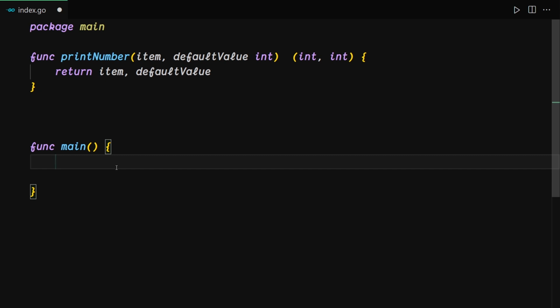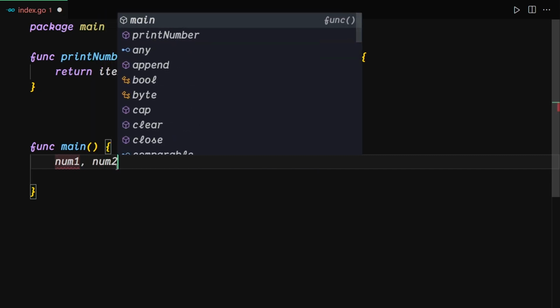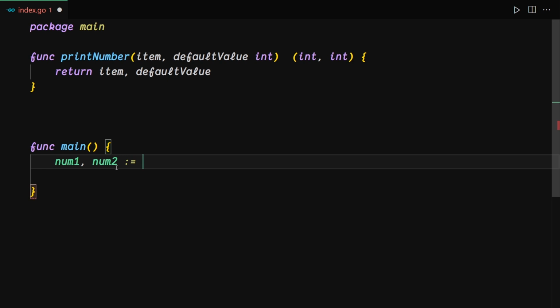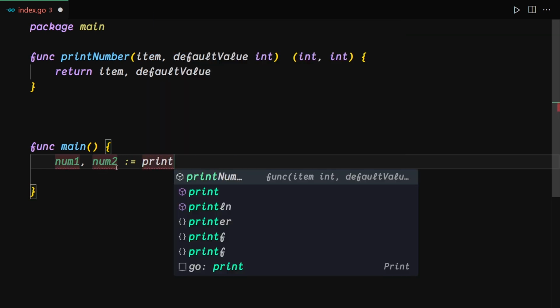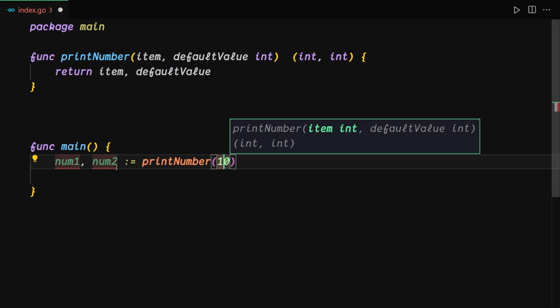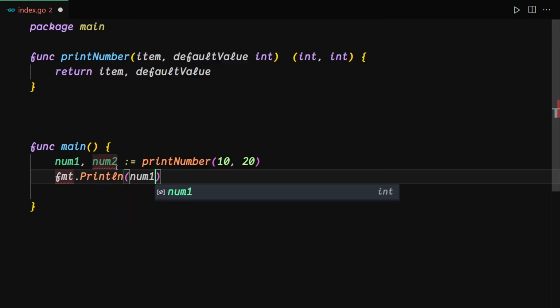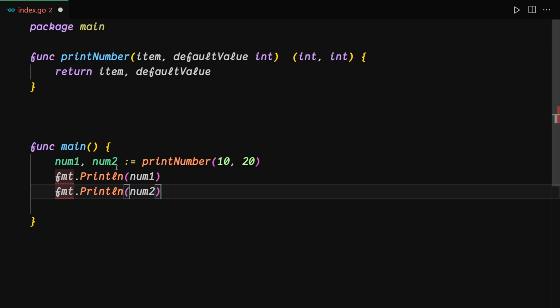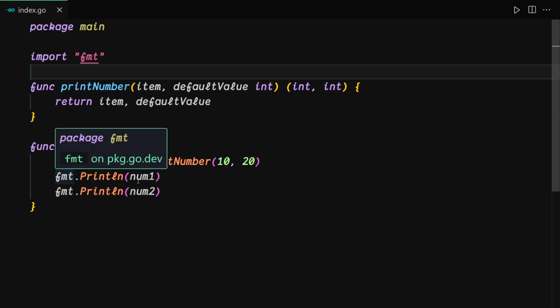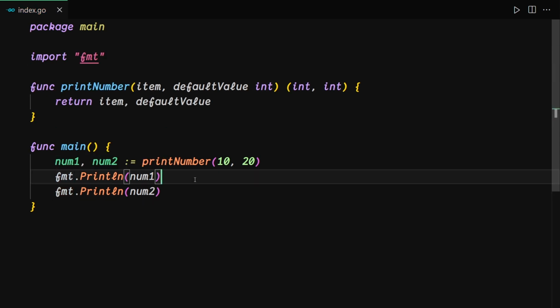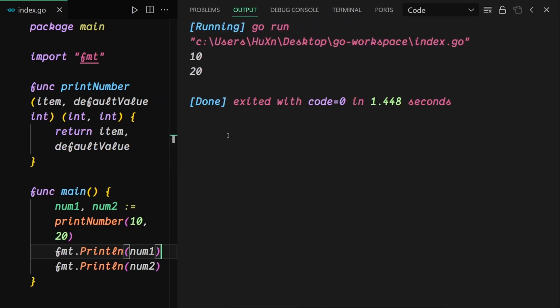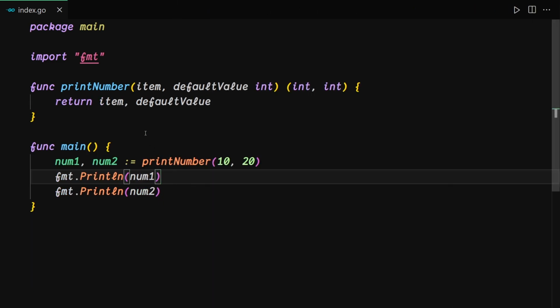So what I want to do is write num1 and num2 right here, and both of these values are going to be coming from printNumber. For the first parameter, I'm going to specify 10. For the second one, I'm going to specify 20. Now let me use fmt.Println right here. I'm going to specify num1 and also provide num2. Let me save that, and here you can see that the error is now gone. Now if I run my code, it's going to give us 10 and 20, which is totally expected. But now let's suppose I want to provide some sort of string